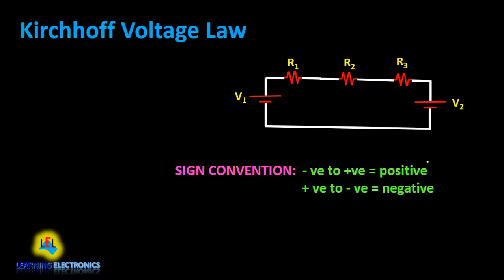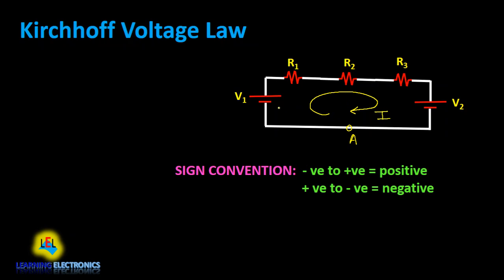So here we have taken one circuit. So let us find out the KVL equation for this circuit diagram. Here let this point is A point. Now we start from this point and we end at this point to find the KVL equation. So we assume the loop current in the clockwise direction. So let this be I.